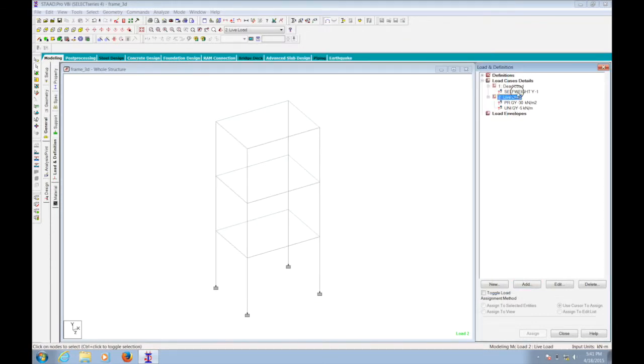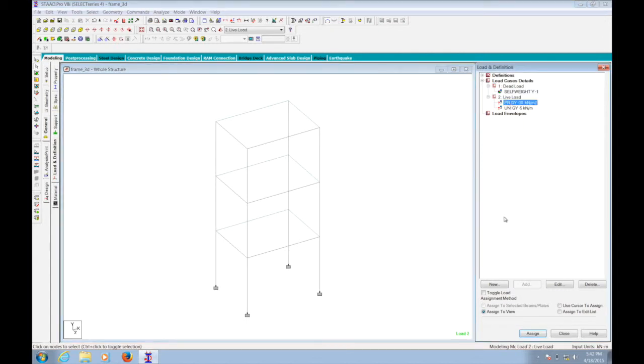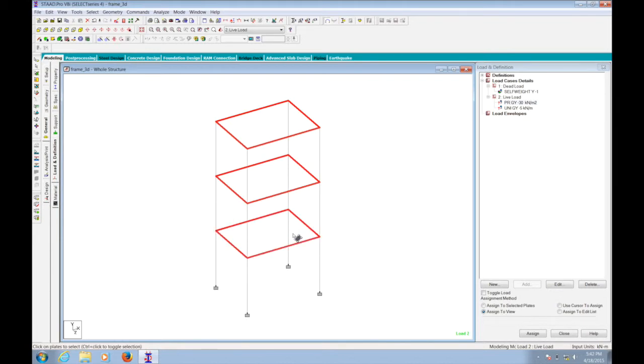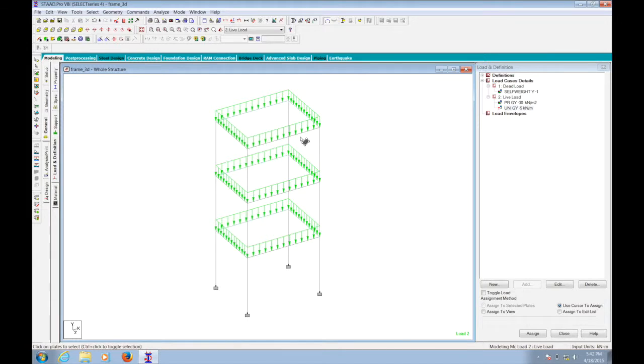Now we will assign all the loads. Self weight will go for every member. Now for plate load we have to select all the plates. We select multiple plates by using control key. Now for selecting all the horizontal members, one way is to hit control and then select each member one by one, but that is a very lengthy process, so I will show you the shortcut.